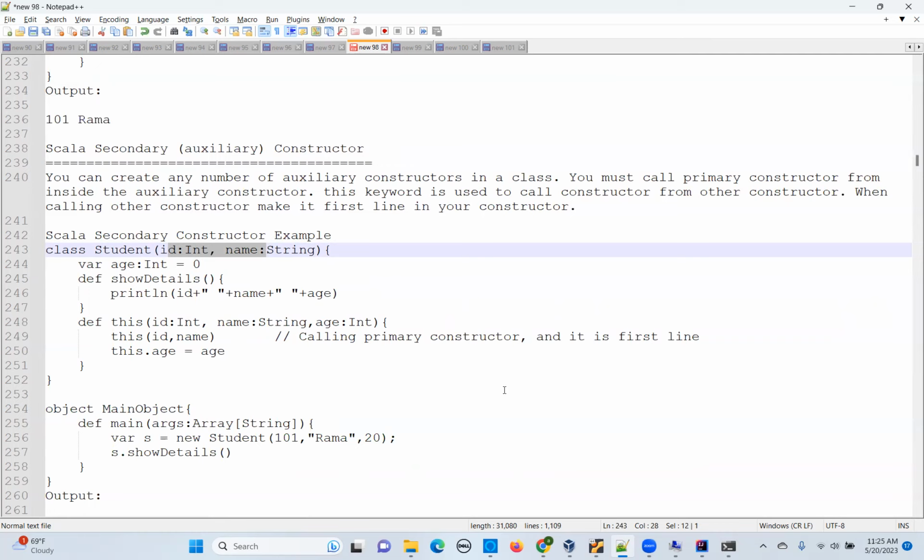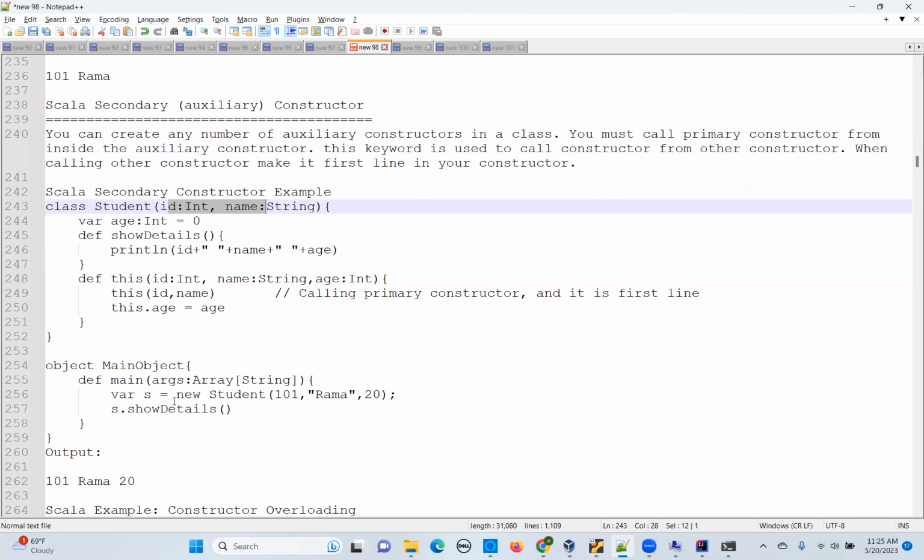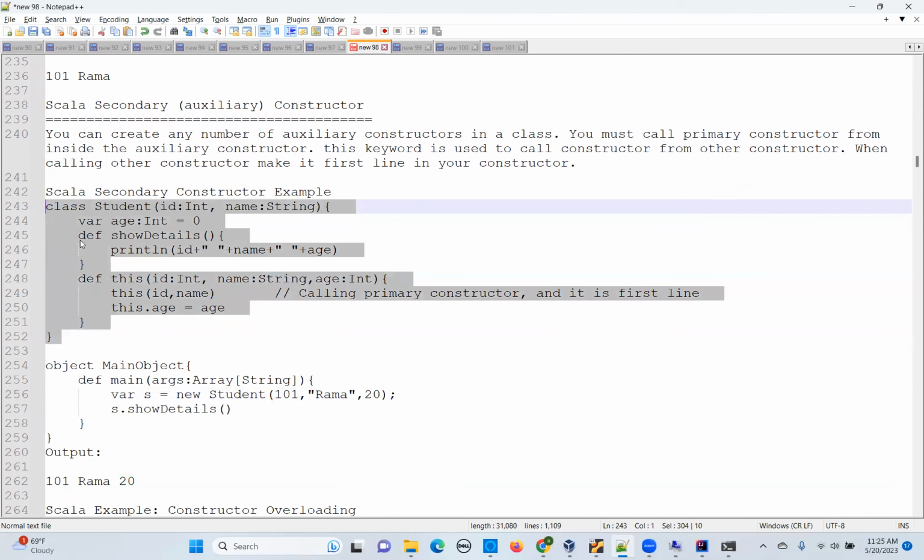So the first two values will be set by the primary constructor, and the third value will be set by the secondary constructor, this.age equal to age. So when you give three values, you will print these three values. But when you are not giving this third value, you will get the 0 value, which is the default value. Okay. So when you create this class,